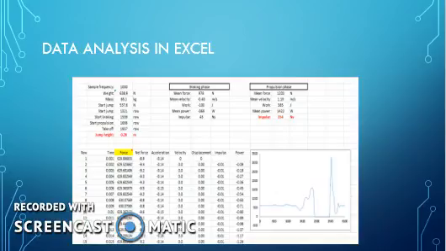Finally, this is the data analysis that we did in Excel, which will be explained further in my